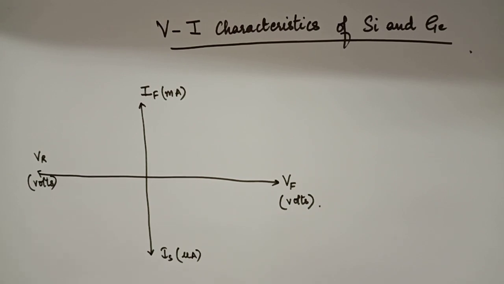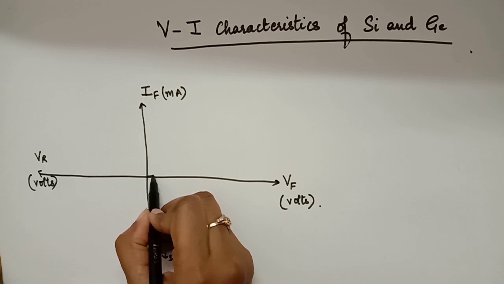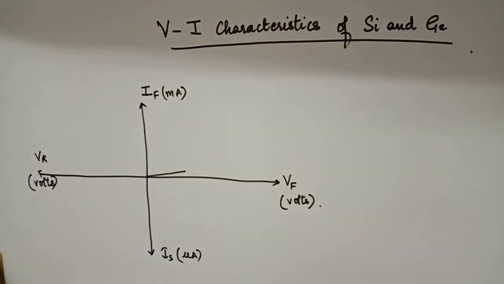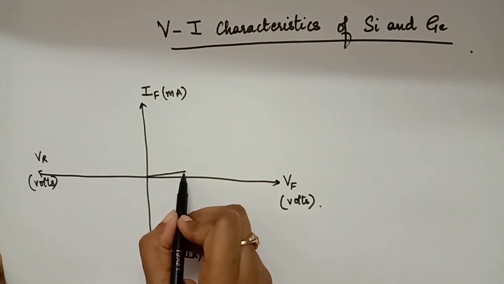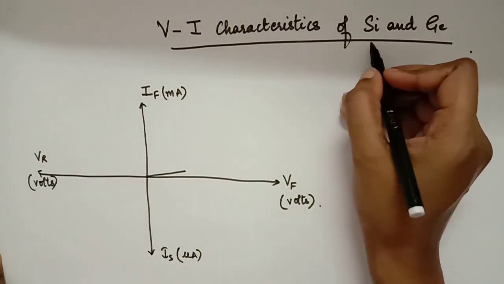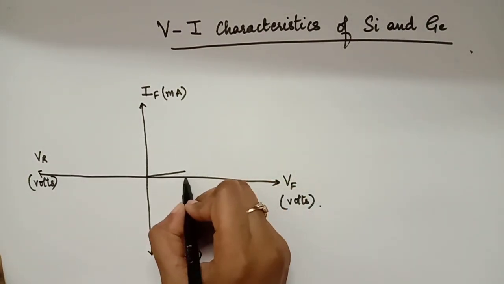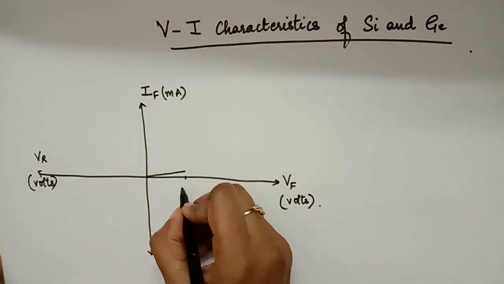Then let us draw. See, we have already drawn the VI characteristics of PN diode earlier. So we have an idea that the current will rise negligibly till the knee voltage. Whenever you draw it negligibly, just bring your pen over here and leave it. Don't go in continuation, otherwise that graph will not be the accurate one. Now, you are going to draw the graph for silicon and germanium. In this case, you know the knee voltage. Alright, so let it be 0.7 volt.